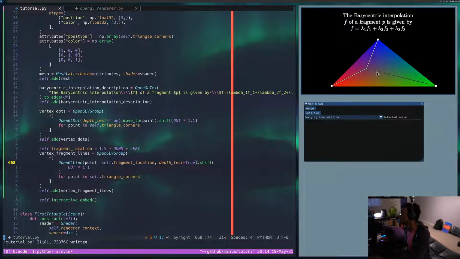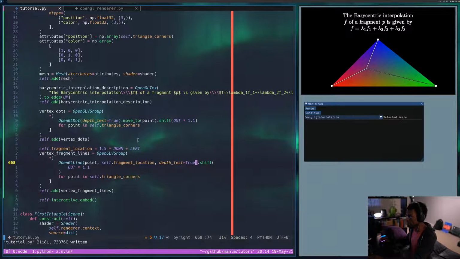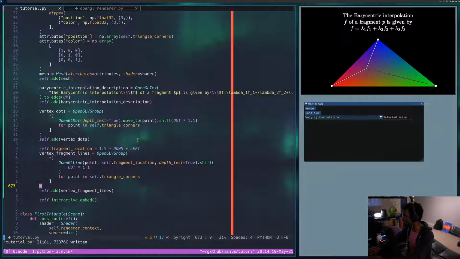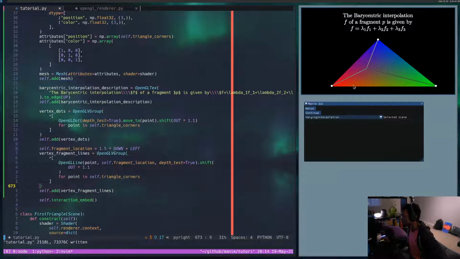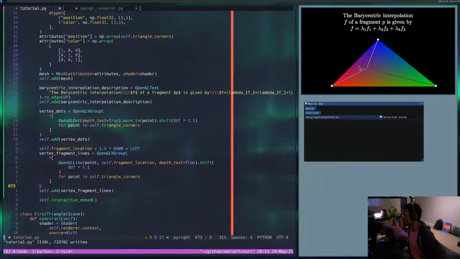But anyway... Now I can label these. I got to label each of the triangles. Like just to show lambda, I'll need the area of each of the